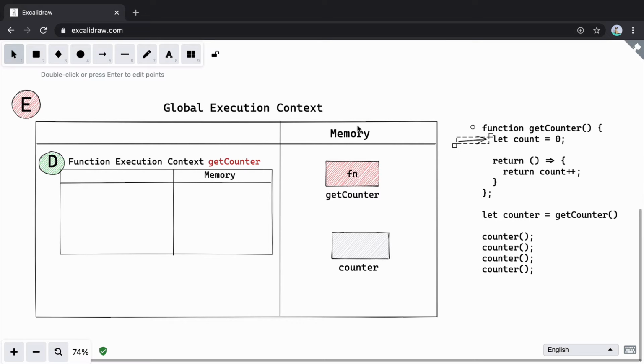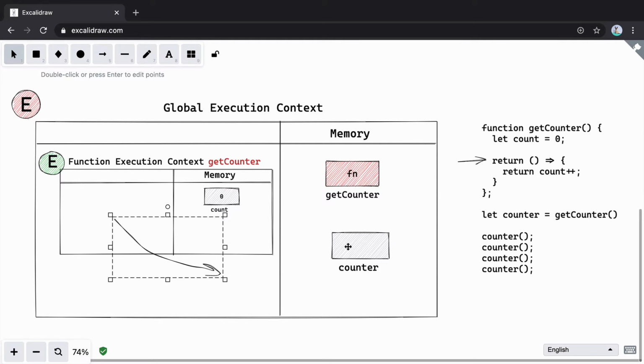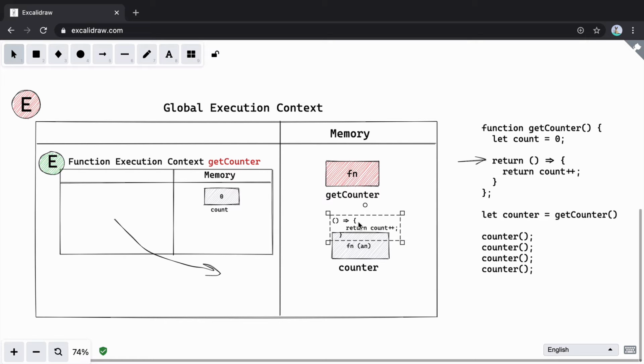Here we see a variable declaration called count. It will not be initialized to any value because it is declared using let. The name is count. There is no other declaration, so we'll move on to execution phase. In execution phase, we see a value of 0 being assigned to count. And moving on, here we are saying return. Anonymous function gets returned from here, and whatever is returned from here will be assigned to the variable counter. So we know it is a function, anonymous function. So let's just paste it here. So this is this function here.